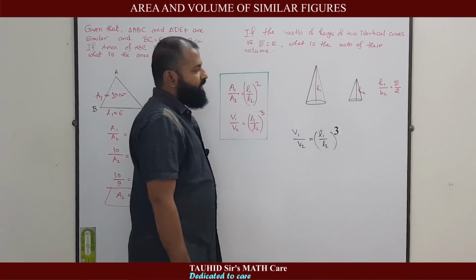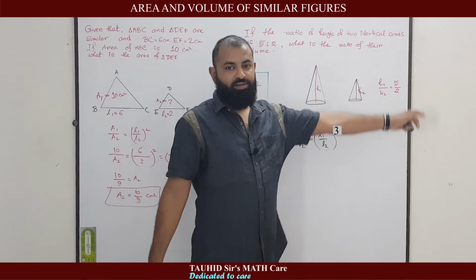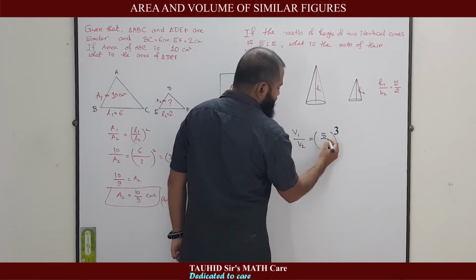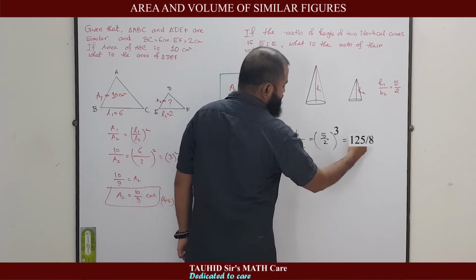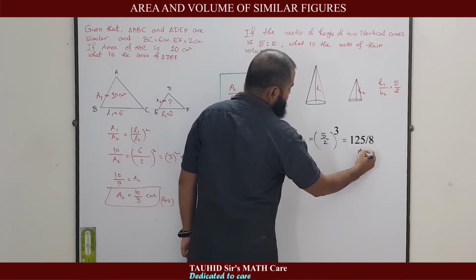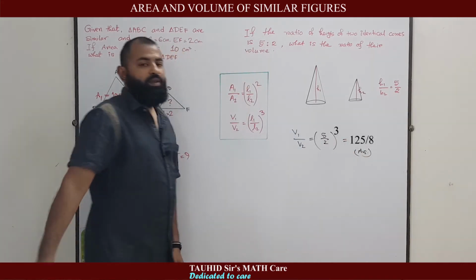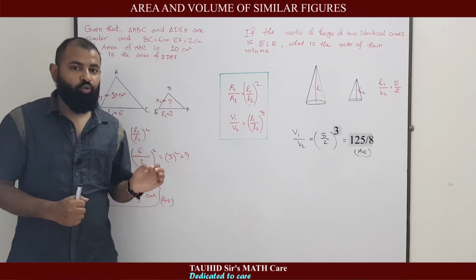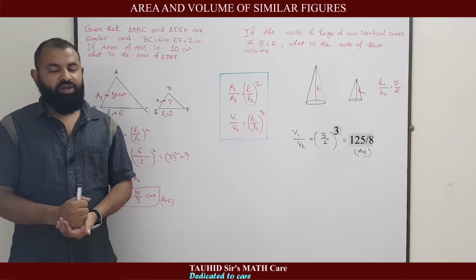The ratio of length, that means the ratio of height. So, L1 by L2 is 5 by 2 whole cube. That means this is our answer. This type of questions, the question I showed you right now, they appear very frequently in